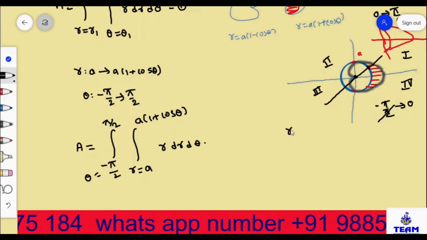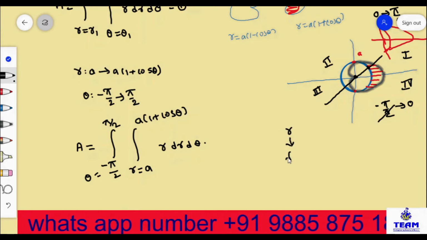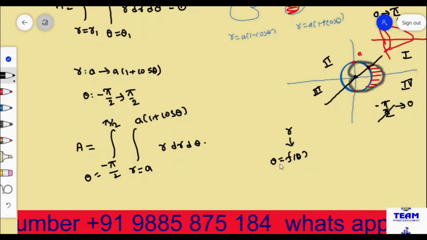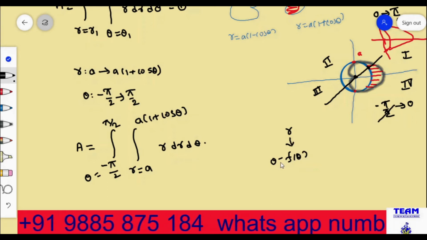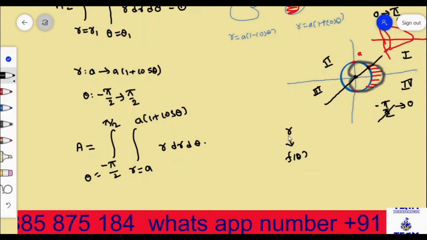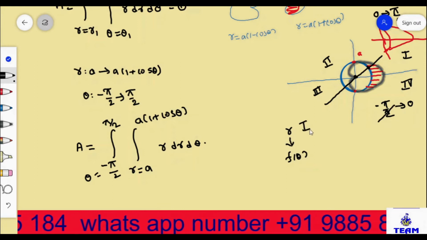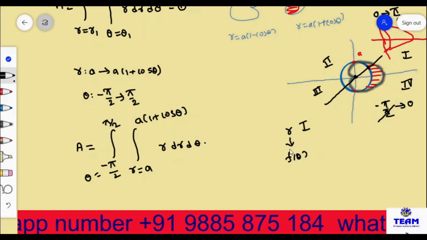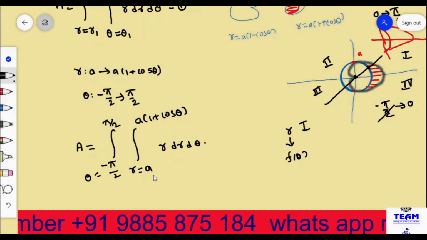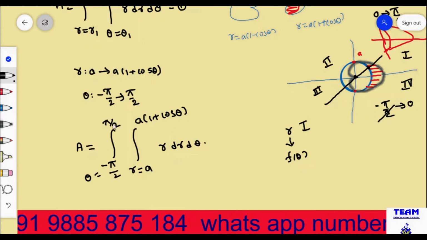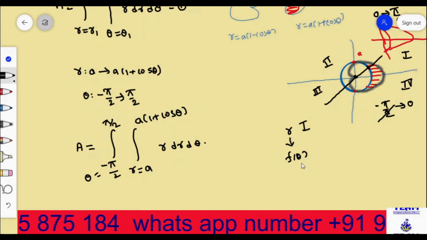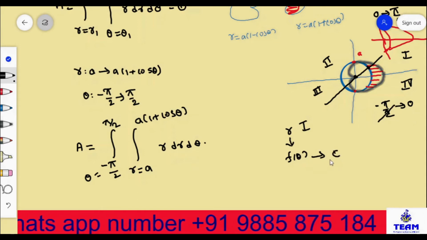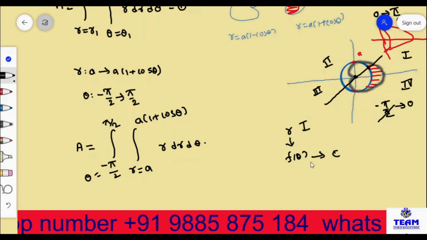You see, friends, r is a function of theta. A function of theta can never be theta only. So first you have to integrate with respect to r. Then you will get the upper limit and lower limit, and the entire integrand will become a function of theta. Later you integrate with respect to theta and substitute pi by 2 and minus pi by 2, and you will get a constant directly. You will get the area value. Is it clear, friends? Is how to evaluate clear for you?